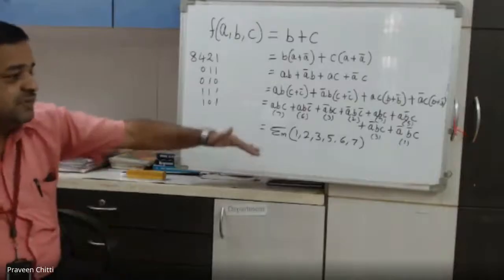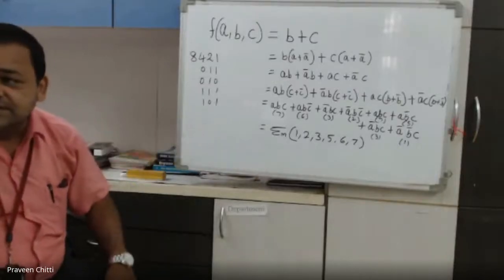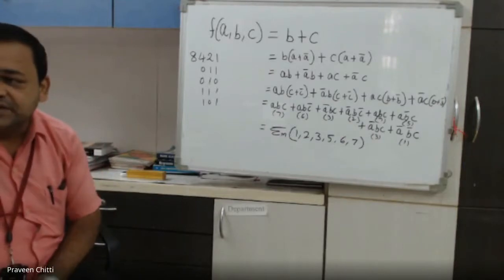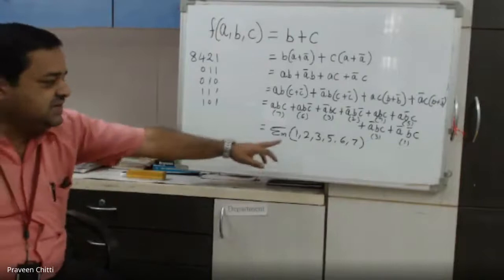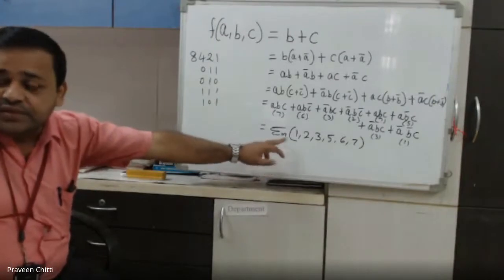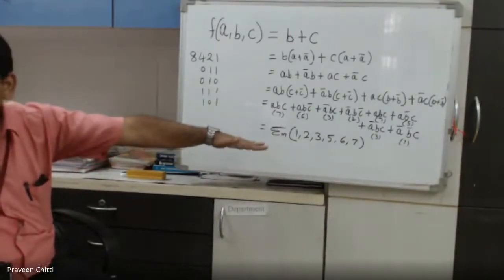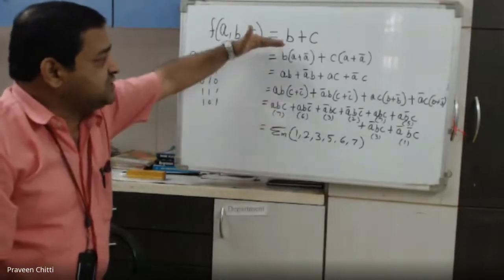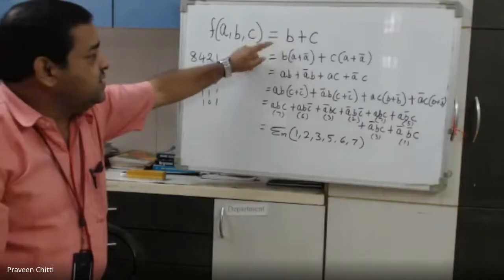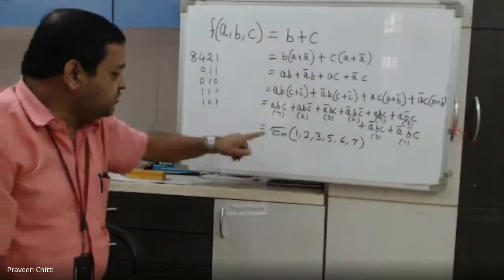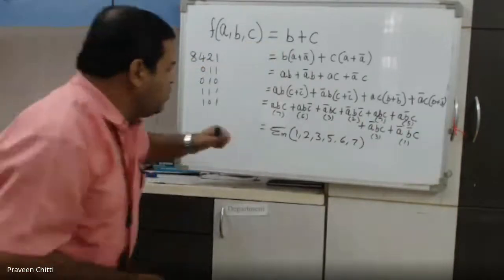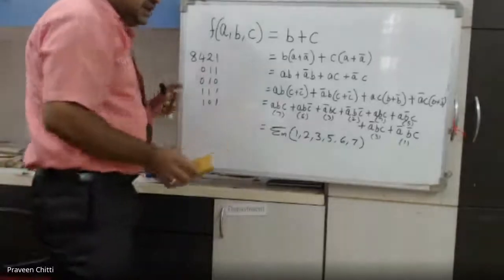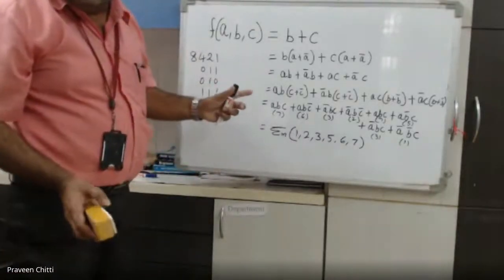Okay. But the problem doesn't end there. What do they ask? For the given Boolean equation, write the K-map and verify the answer. Now we can easily write the K-map for this. My question is, till this point, all of you understood? Is this clear? How to get a canonical SOP expression from the simplified form? They have given B plus C, and from this B plus C, we have got the canonical expression as this. I hope all of you have taken this down.